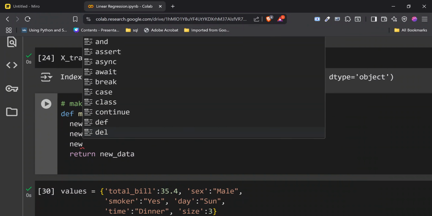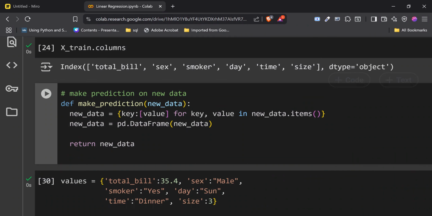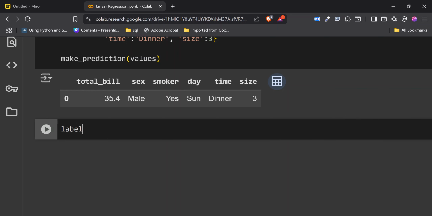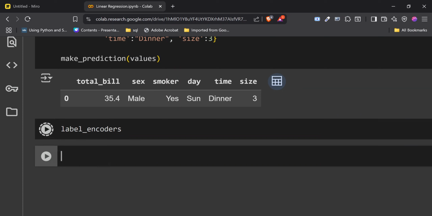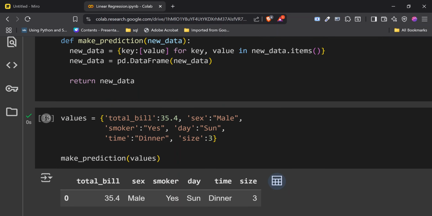actually we have to loop over the label encoders. So this is what I mean. If you come here, let me put it below here, and check label_encoders, you're going to see that each of those columns has its own associated encoder. So we are just going to loop over this particular place and get the associated encoder.